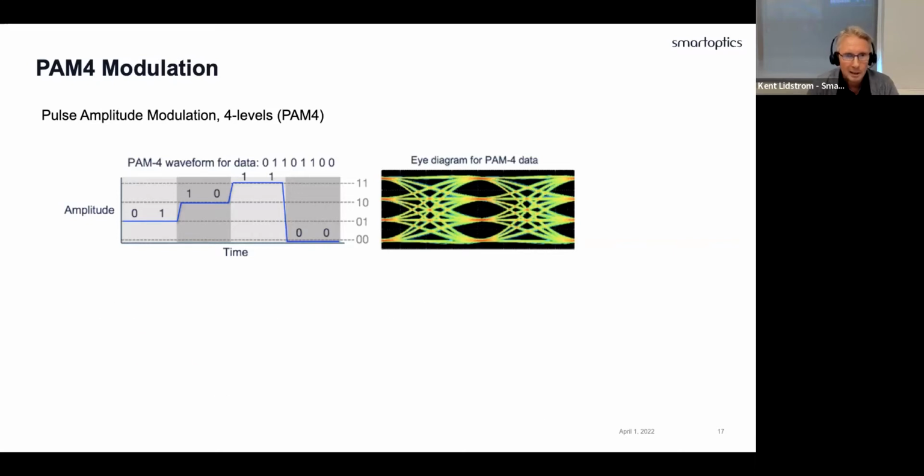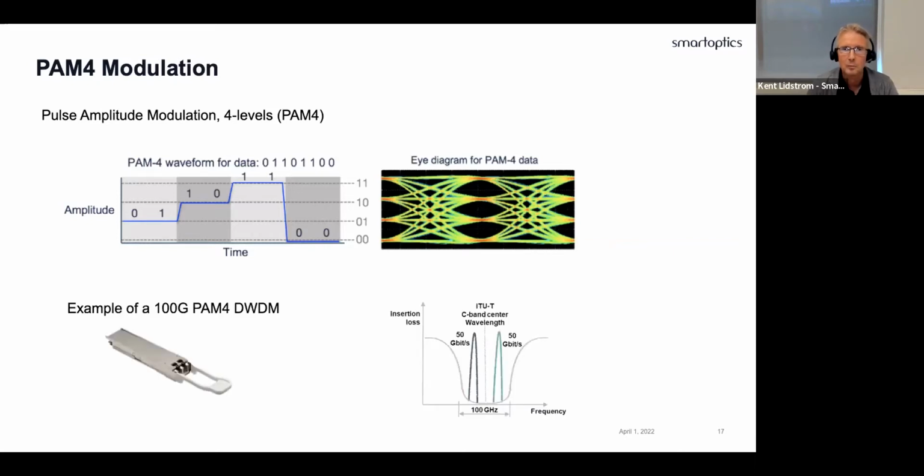If you go to the next slide, an example of technology using this is those 100 gig PAM4 DWDM transceivers. They actually use 2 of those PAM4 wavelengths that are squeezed quite tight together, so they can fit into a normal filter or mux/demux window of 100 gig with 100 gigahertz spacing. By doing this, we can get a 100 gig DWDM signal into a standard filter with good performance. This is actually something that you guys are using in fairly large volume.